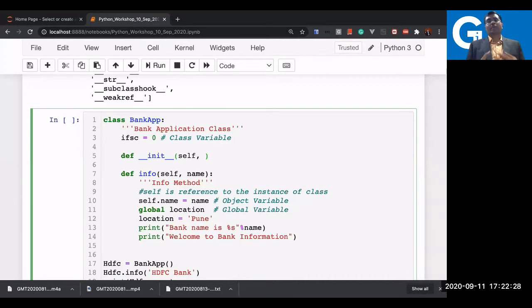How to pass parameters to the class? You can pass parameters to the class by the constructor method. So here you can write the first parameter as, let's say, a name. Then let's say you would like to add something more, like for the bank you may have a branch. What else can you have for the bank? You have a branch, you may have a city. So I'm just passing two to three parameters so that you understand what all parameters you can pass to the constructor method itself.